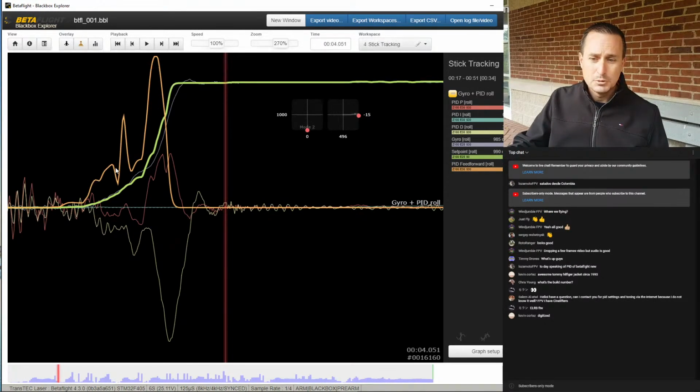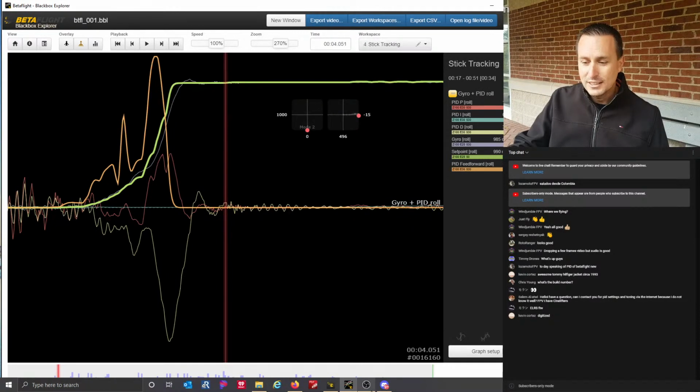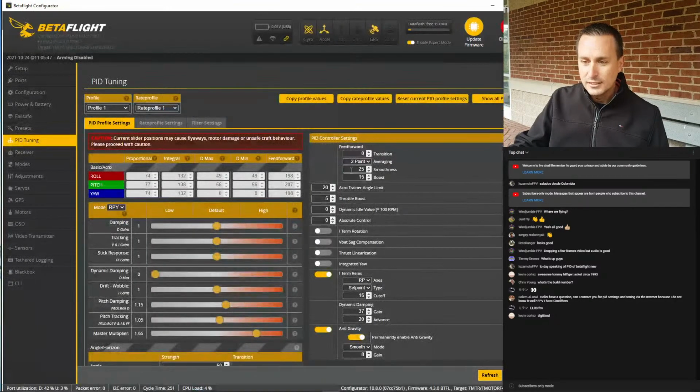So you get this boosting, then it slows down and boosts, then it boosts more. So I want to fix that. So how to fix that kind of stuff is I went into